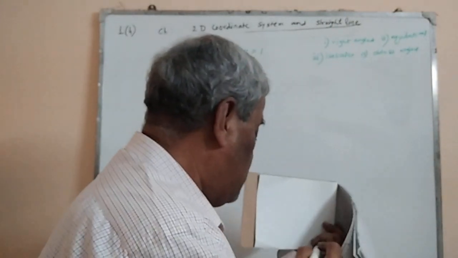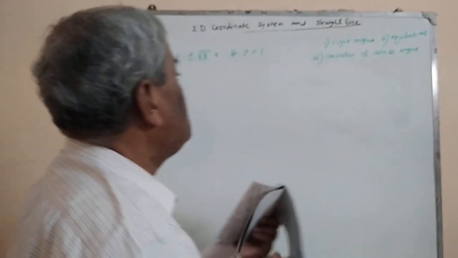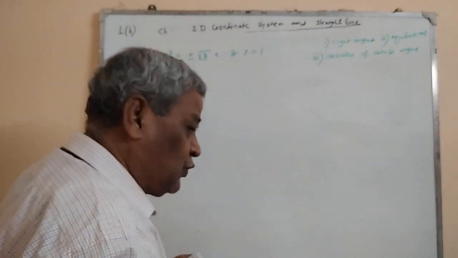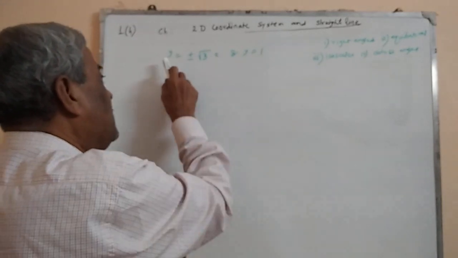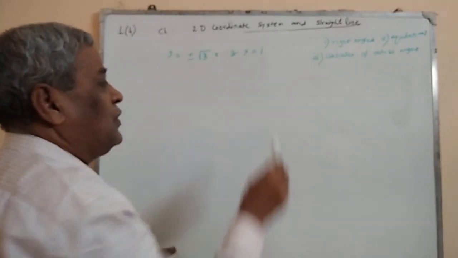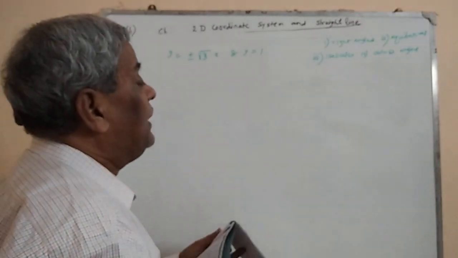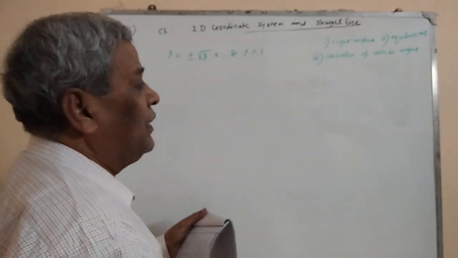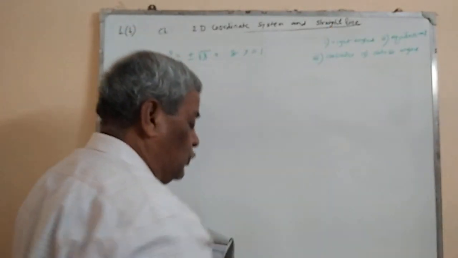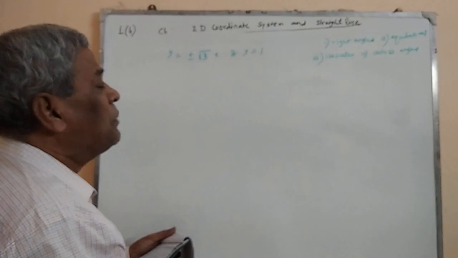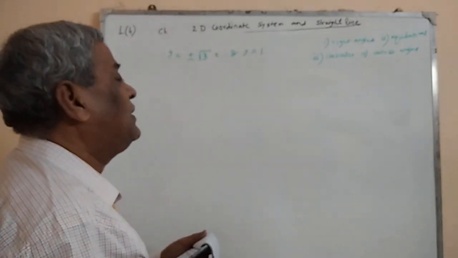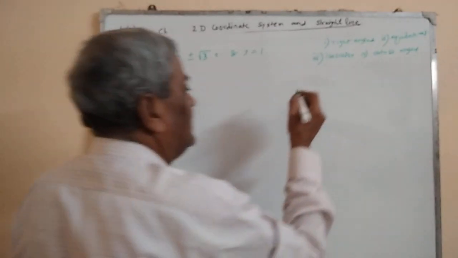The actual problem is, three straight lines are given. One is y is equal to plus root 3x. Second one is y is equal to minus root 3x. And third one is y is equal to 1. So they form a triangle which is either right angled, equilateral, and so on. A simple drawing will help you to detect which is that.